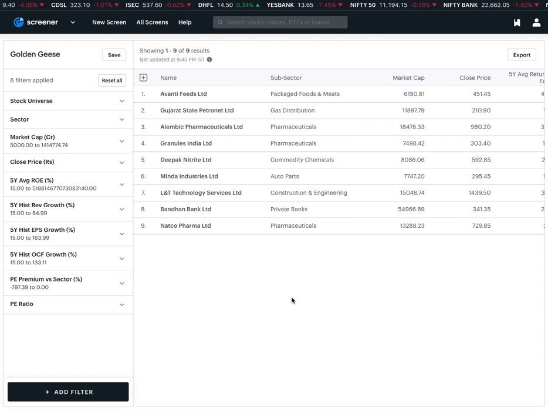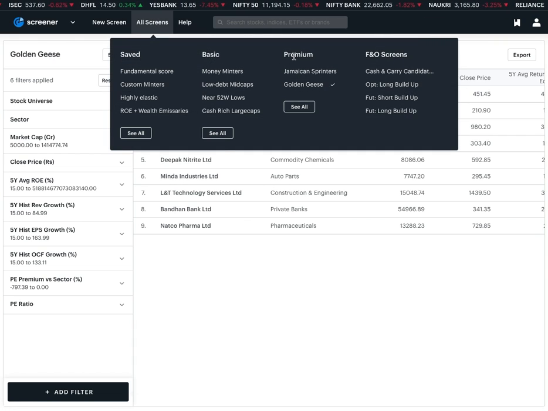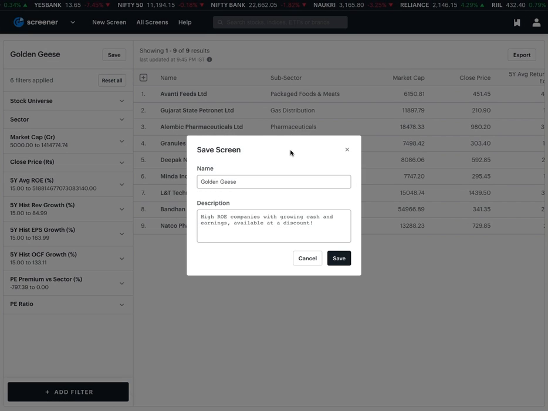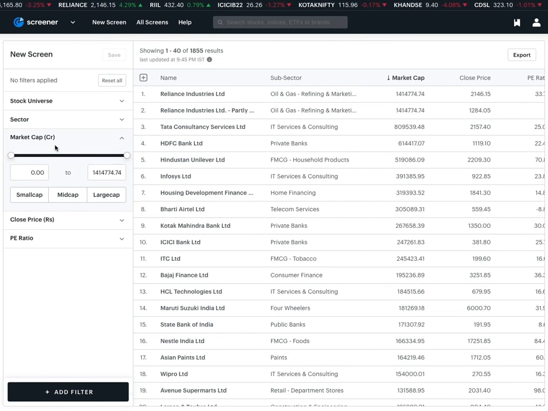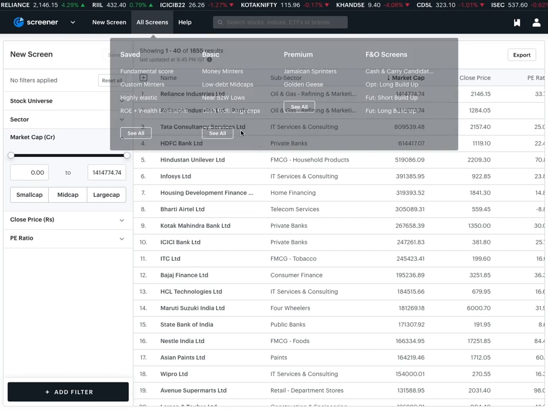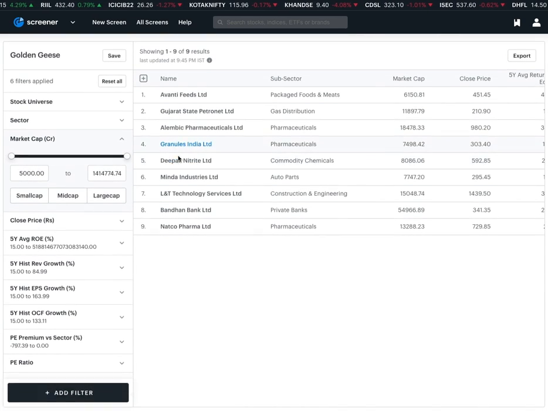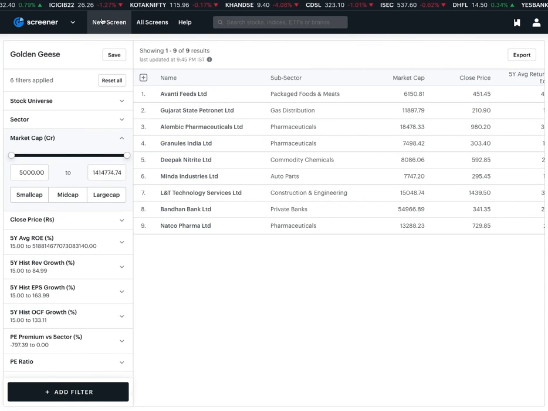All right, so we discussed all the basic screens. We discussed the premium screens. We discussed how you can create a copy of any of the pre-built screens and apply your own, let's say, filter set that you want to apply, any ranges that you want to change. And then you can basically save it as your own screen as well. You can either start from scratch. This is the default screen, or you can start with one of the pre-built screens. You can make changes to it and save it as your own screen. That doesn't cost you anything.